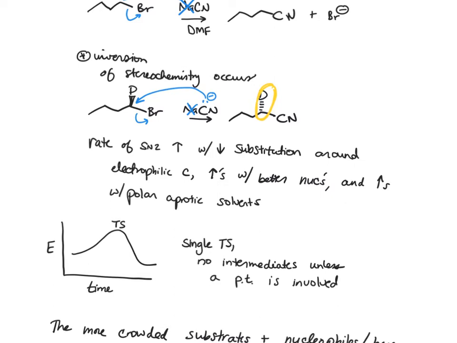The rate of substitution reactions increases with decreasing substitution around the electrophilic carbon. So the more naked the carbon is, the more likely it's going to undergo an SN2 reaction. The reaction increases with better nucleophiles, and it increases with polar aprotic solvents. What are these polar aprotic solvents? These are things like DMSO, DMF,